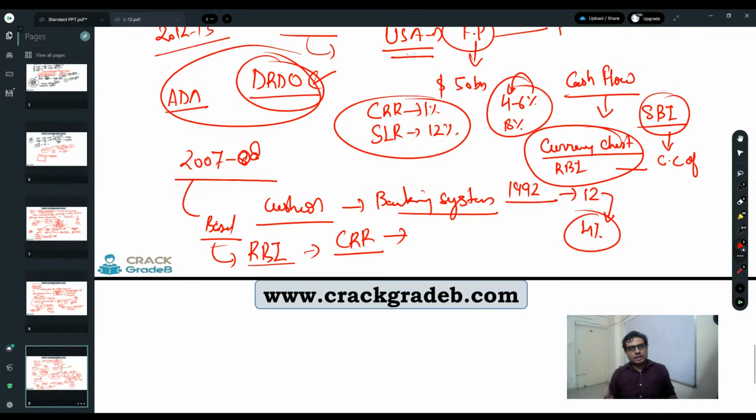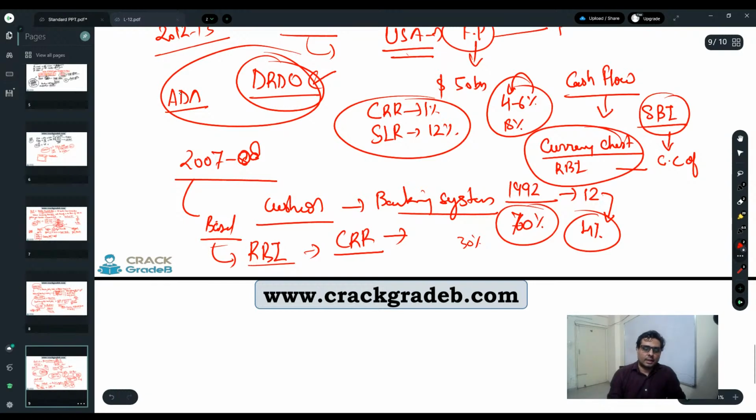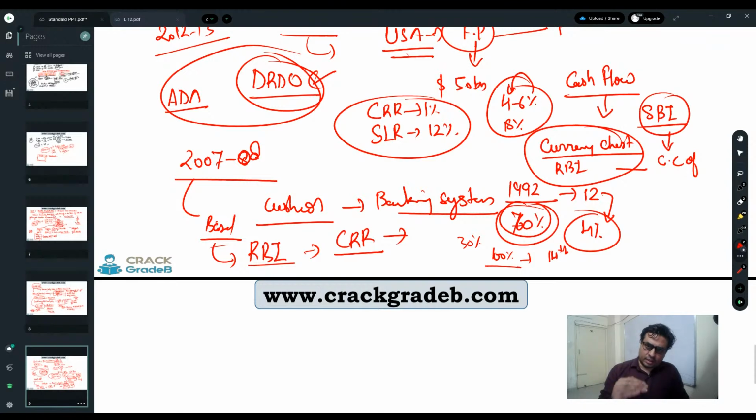So despite all the pressure exerted by even the government, commercial banks, lobbying and everything, RBI didn't bend under this pressure, and they maintained that the CRR is definitely going to be 4%. Yes, in the meantime they allowed up to sometimes 70% reserve to be maintained, 30% free. What I explained in the last class: you need not maintain 100% CRR on a daily basis, only on the 14th day 100%. For the rest of the days, you can even maintain 70%. So this kind of freedom RBI has given, but it did not effectively decrease the CRR. Sometimes 3.5, but overall on average over the last 10 to 15 years, it is 4%.